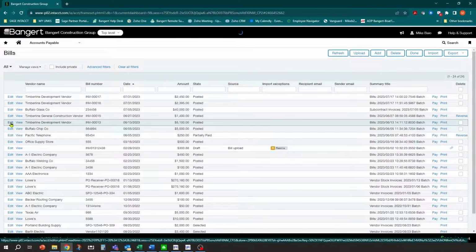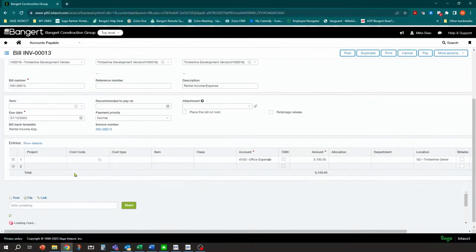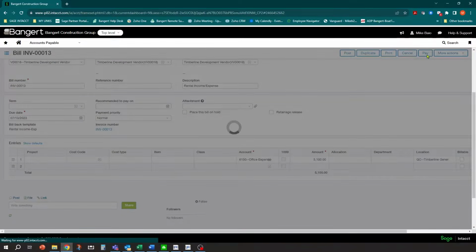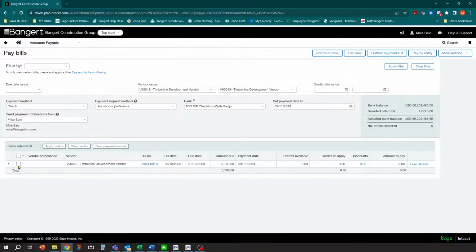And if I take a look at it right now, I'm able to edit it. So I can come into here and you can see the fields are available and I can make the edits. Let's go and pay it. Let's just do a quick payment on it. So I'm going to select it for payment, 5,100. I'm going to click Pay Now.